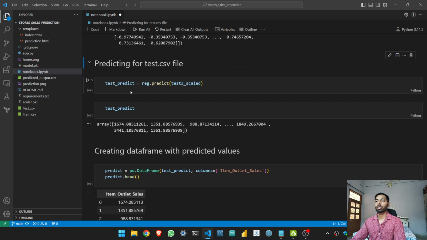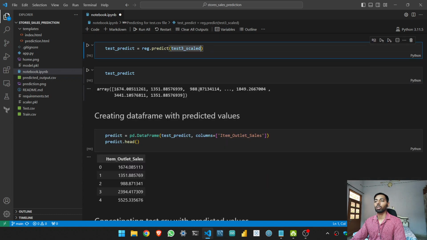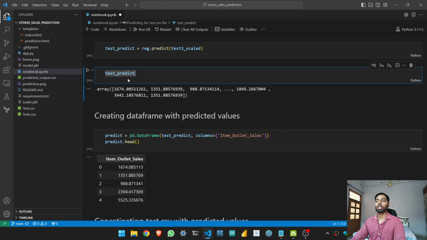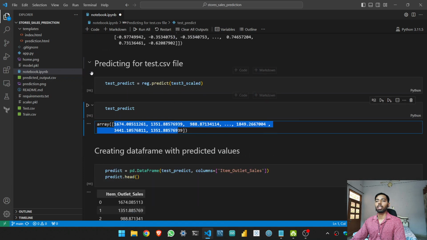Now we are predicting the value and saving it into test_predict, which is equal to reg, our model, dot predict. Predict is our function, and test3_scaled is our X value for which we have to predict. And now our main aim is to concatenate this value with our